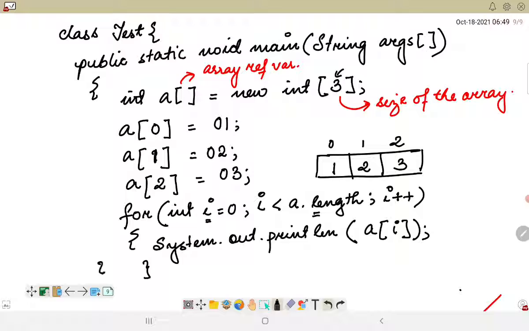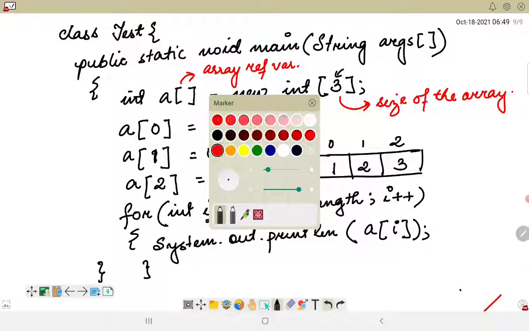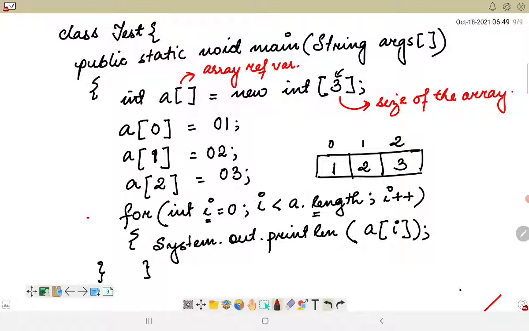So this is how the values which are there in the array would be printed. Now if you look into this for loop, initially the index position is pointing to i equal to 0, and it is comparing if i is less than a dot length. Now what is the value of a dot length? This is 3. So 0 is less than 3, yes. Then it is printing the value of a of i, that means a of 0. And what is a of 0? A of 0 is 1.